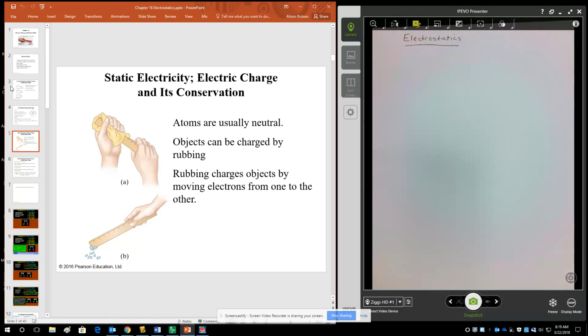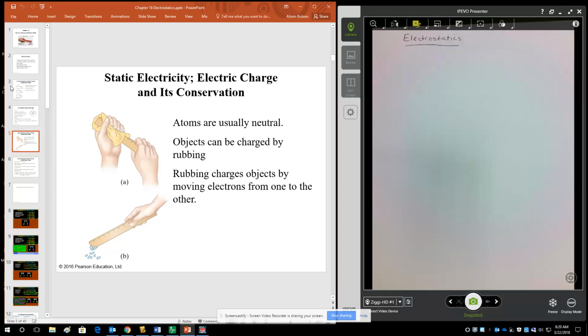So gaining an electric charge from a usually neutral atom can be done by physical contact between two different types of materials. The details of what I'm about to say are definitely the purview of chemistry or physical chemistry, but some atoms and molecules tend to have electron arrangements that allow them to lose an electron and still be chemically stable. And some atoms and molecules have an electron arrangement that allows them to gain an extra electron